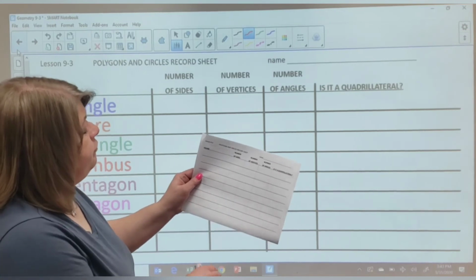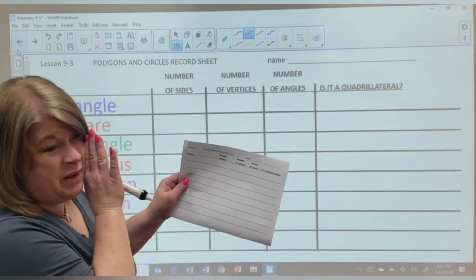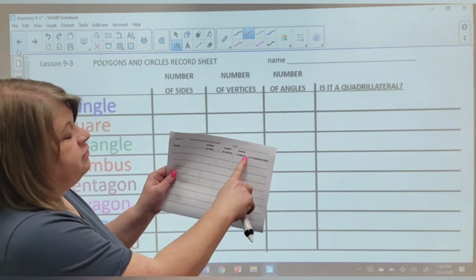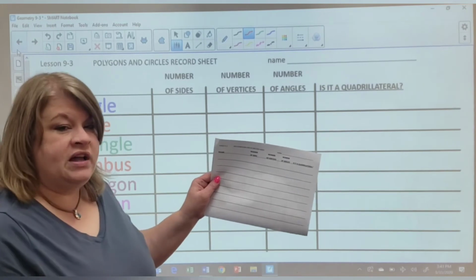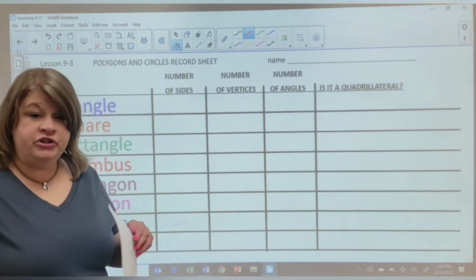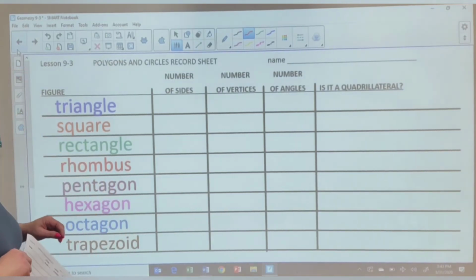At the top, we have figure. That's the name of the polygon, the shape. Number of sides, number of vertices, number of angles, and is it a quadrilateral? We're going to start this together. So what I would like you first to do is to get this paper, and I would like you to write these 8 shapes